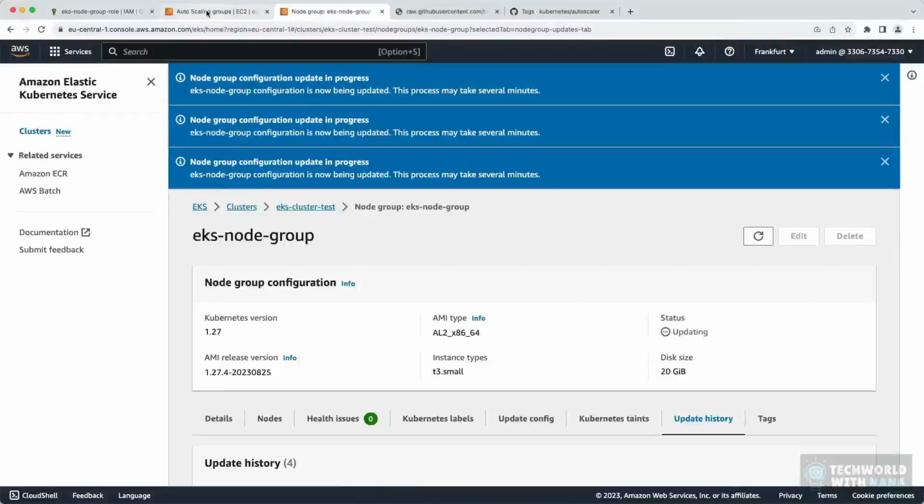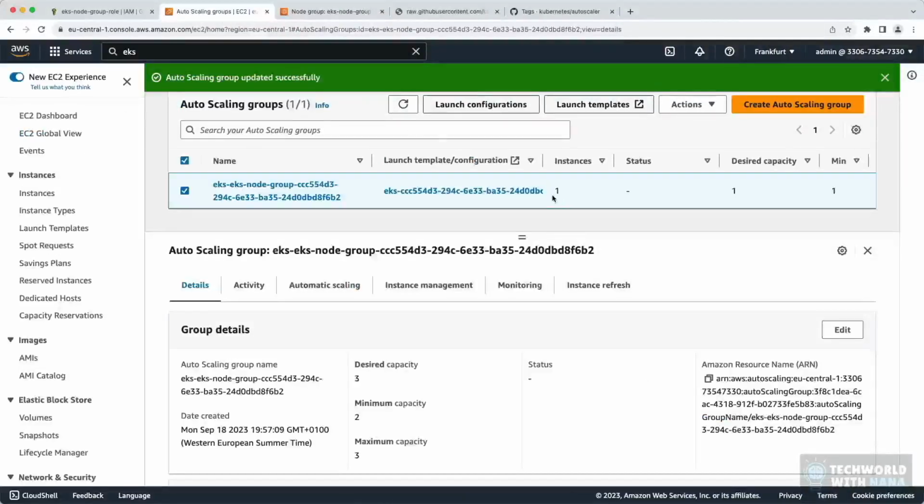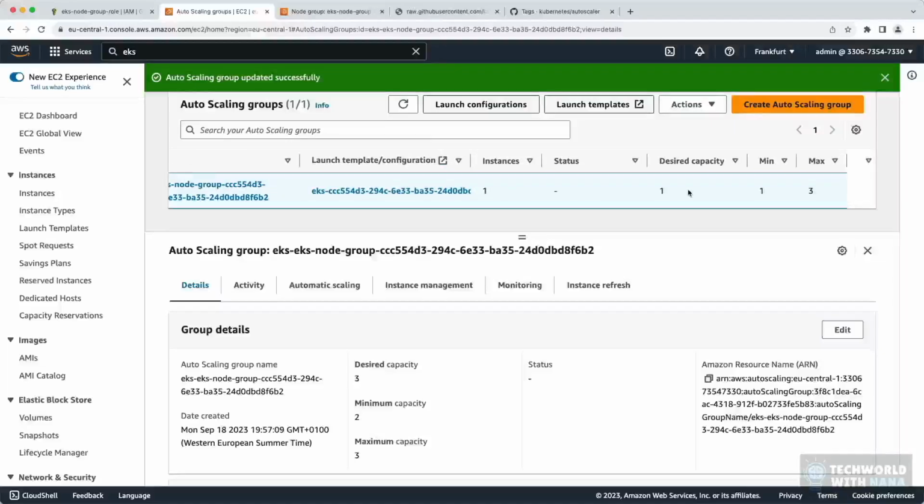Also, if we go back to the autoscaling group and refresh it, we see instances is 1. We have the new desired capacity. We have the minimum and maximum. So desired capacity is something we configured at the beginning. However, using the autoscaler, this changes dynamically based on these values here and also the current EC2